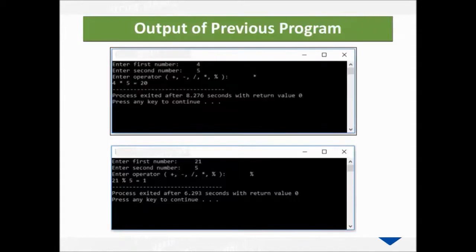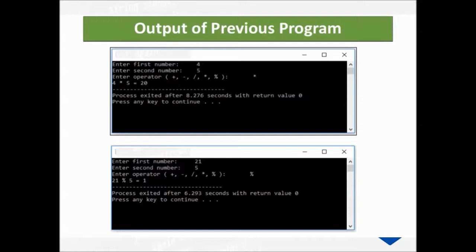The output of the previous program. The program asked the user to enter the first number. For example, the user enters 4. Then it asked the user to enter the second number and the user enters 5, then it asked the user to enter the operator, and the user has a selection from plus, minus, multiplication, division and modulus operators. For example, the user chooses multiplication, then it enters into the multiplication case and it multiplies the numbers, 4 multiplied by 5 is equal